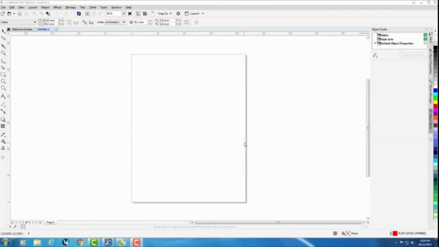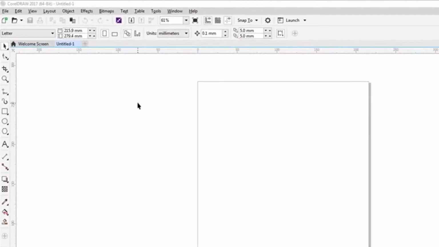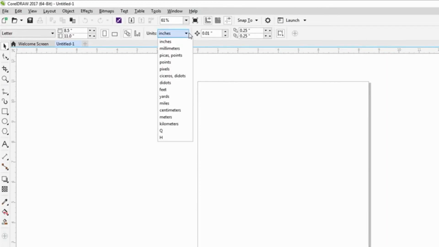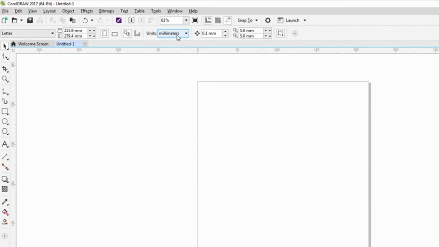A couple of other defaults that you may want to set up. For a lot of people, sometimes CorelDraw will install in metric and they want to work in inches, or vice versa. Maybe it'll install in inches, they want to work in metric. That's quite easy to do. Just make sure that everything is deselected. When it's deselected, the property bar will turn in showing the unit of measurement. Again, I can click the down arrow here, click inches, and that will change all my values in Corel to inches. So if I want to go to millimeters, let's go to millimeters,